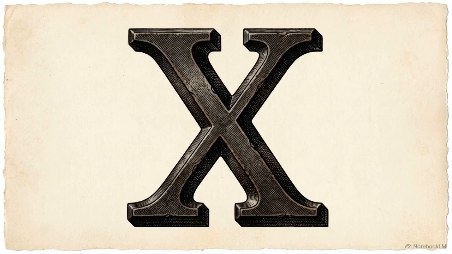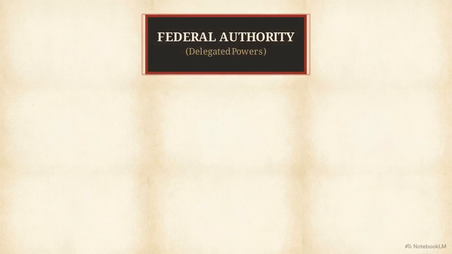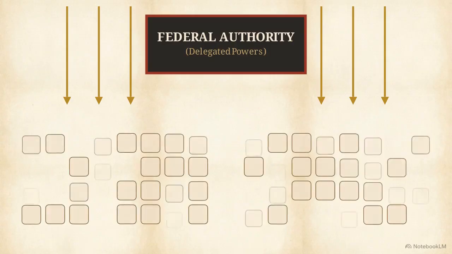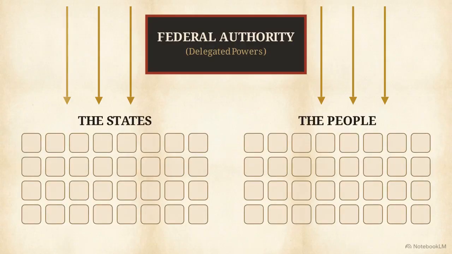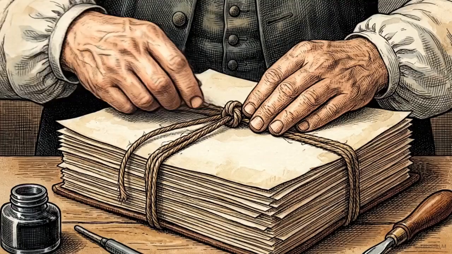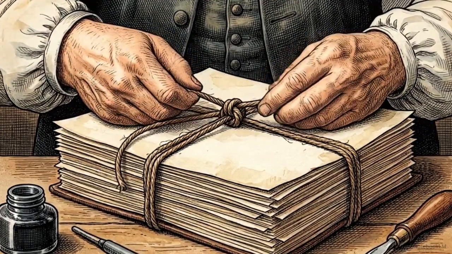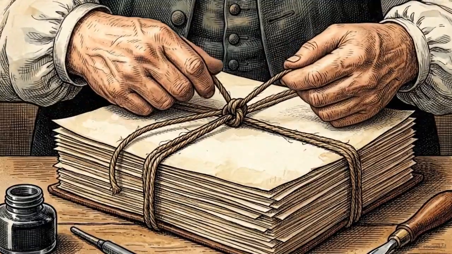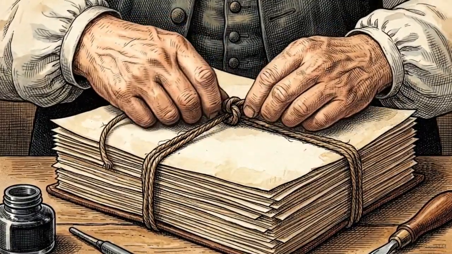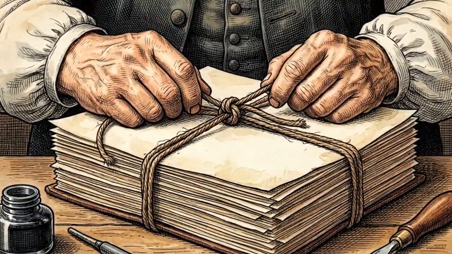What is the purpose of the 10th Amendment? The 10th Amendment establishes a strict limit on federal authority. Any power not explicitly granted to the federal government by the Constitution is reserved to the states or to the people. This final amendment acts as the ultimate catch-all, closing the gaps left by the 1787 Convention and preventing the federal government from claiming absolute supremacy.